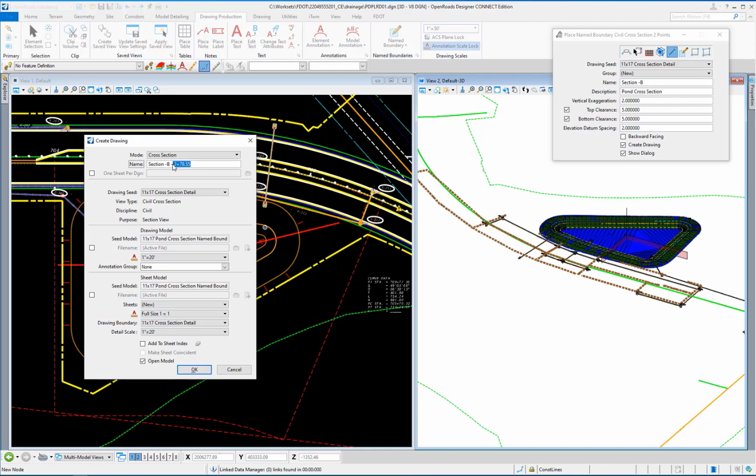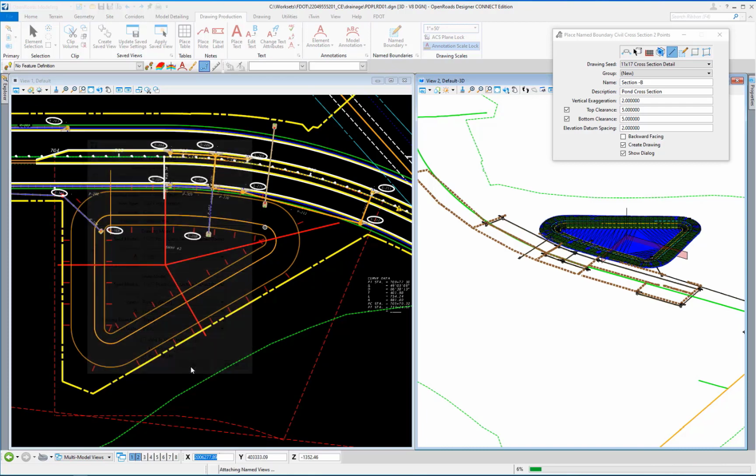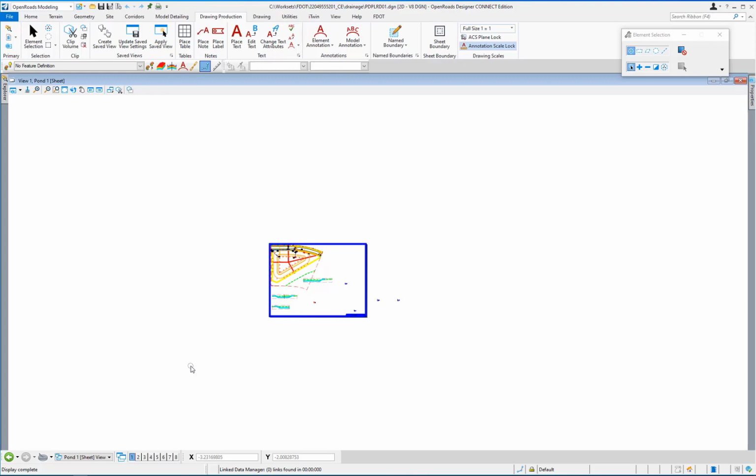Set the name field to Section-B. Set the Sheets drop-down to Pond 1 Sheet, and left-click on the OK button to create the drawing. This will open the Pond 1 sheet model, and the newly created section will be visible near the middle of